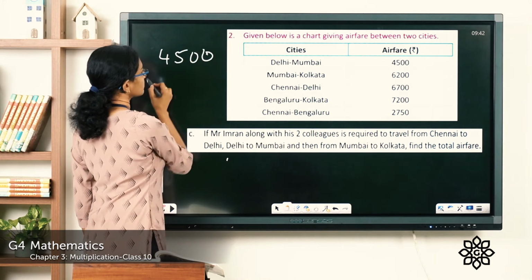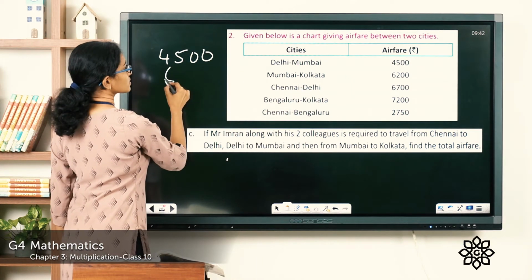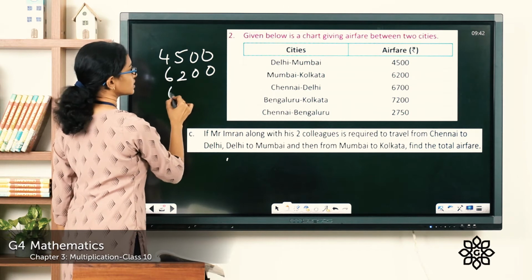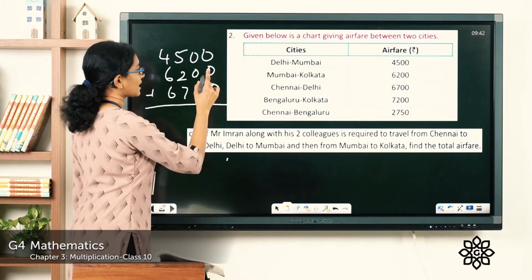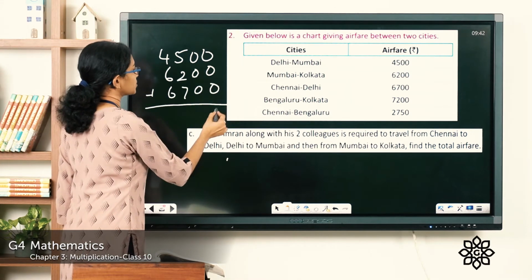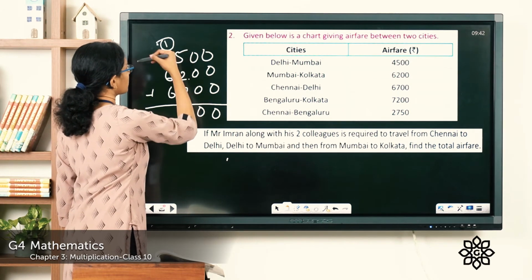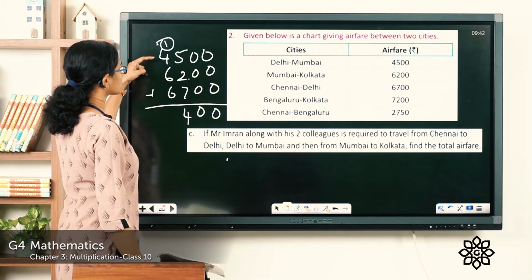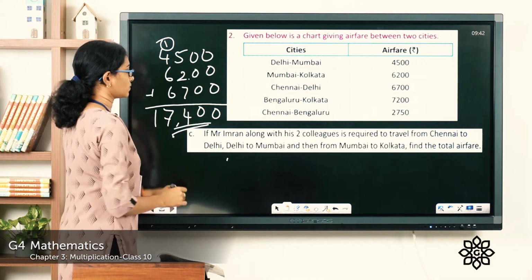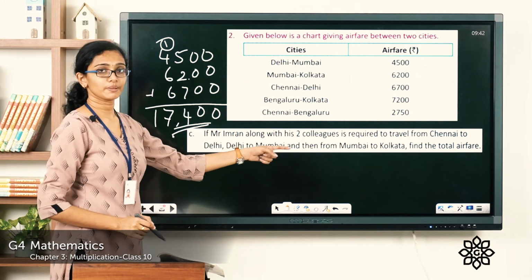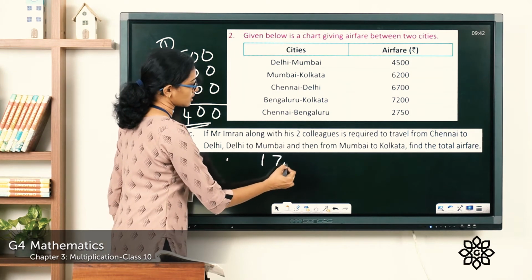It would be equal to 4,500 plus 6,200 plus 6,700, right? So the total airfare for one person would be equal to 0, 0, 5 plus 2, 7 plus 7, 14, carry over 1, 6 plus 6, 12, plus 4, 16, plus 1, 17. So this would be the total airfare for one person, 17,400. 3 people are traveling. So the total airfare would be equal to 17,400